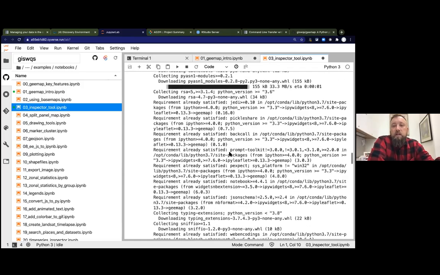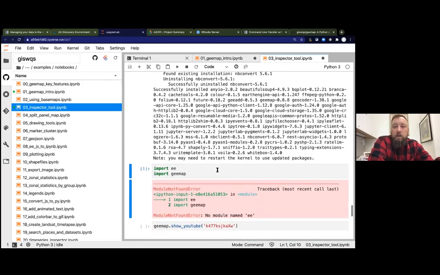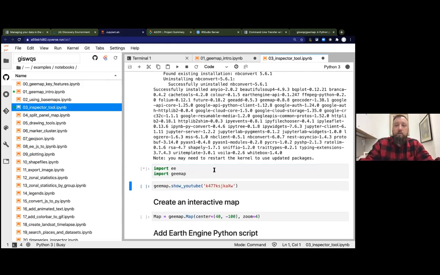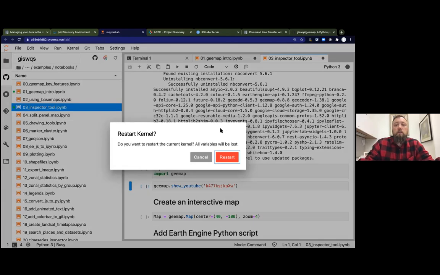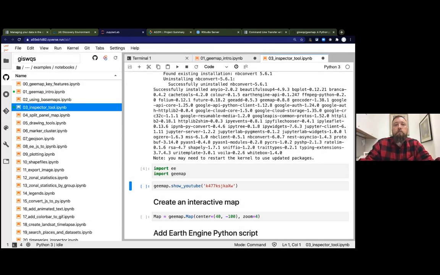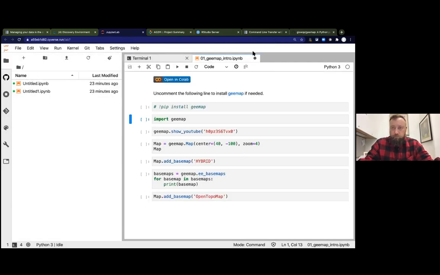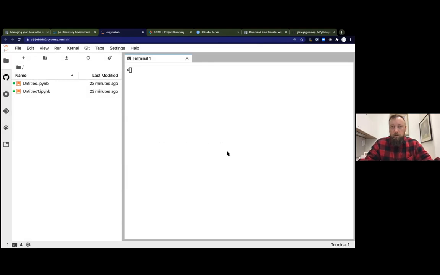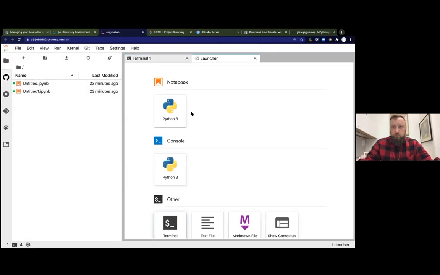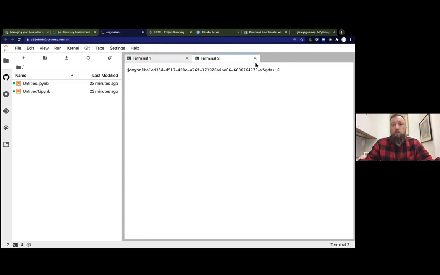So you can see this thing, I told it to install a package and it went nuts and it installed a bunch of stuff. Okay, I'll just abandon that for now. Okay, so